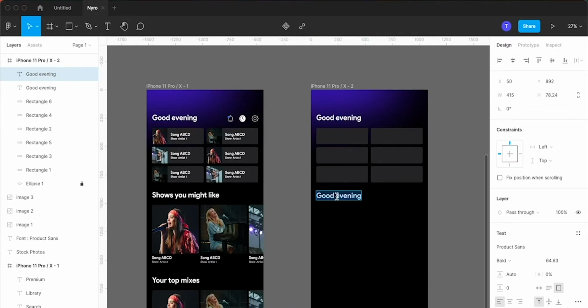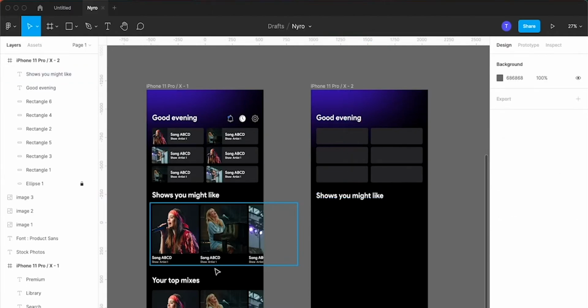So here I will be writing shows you might like. When you notice that the text is not fitting the box, then you can simply enlarge the box as per your requirement.